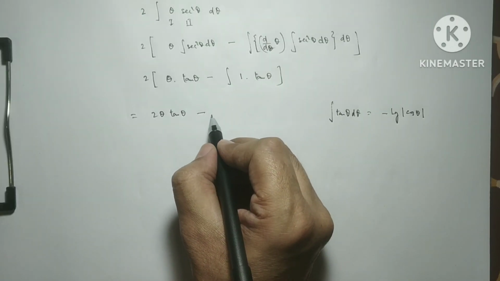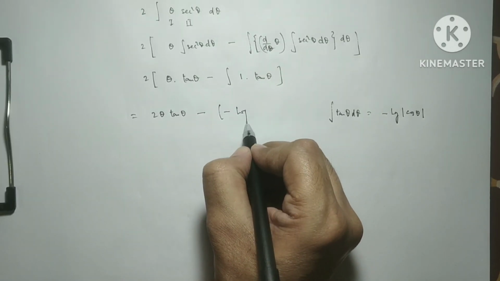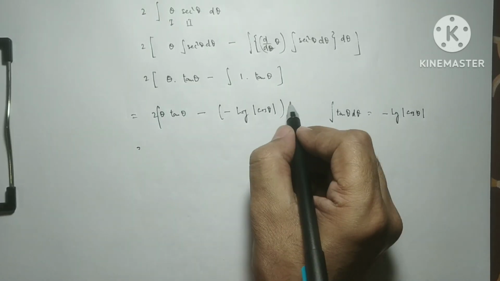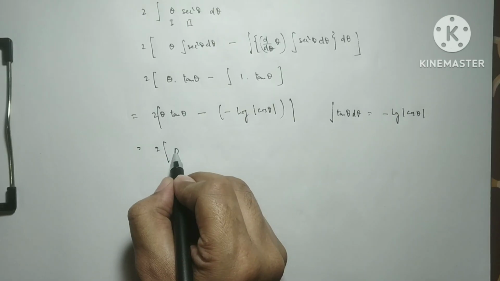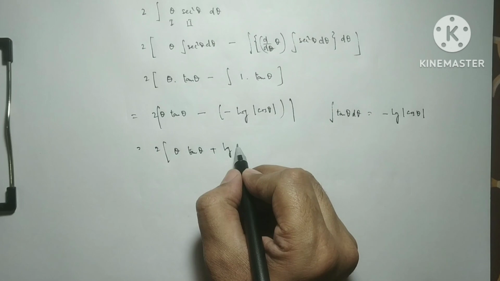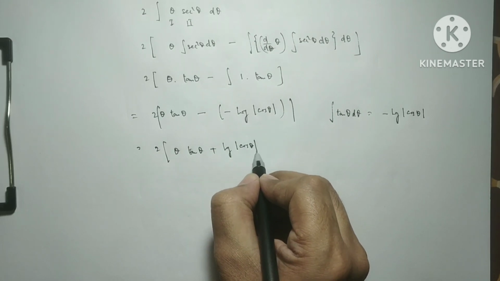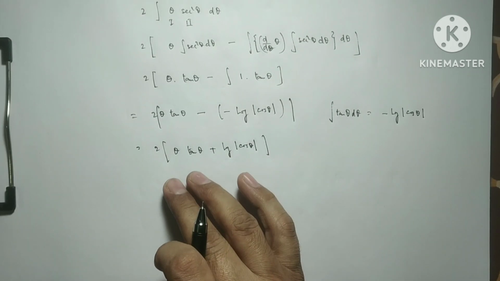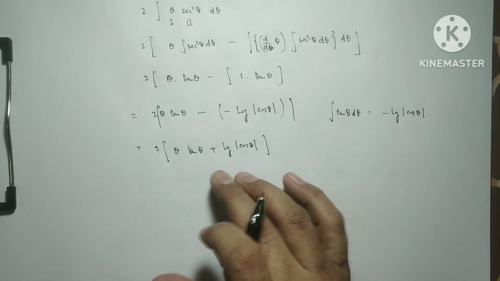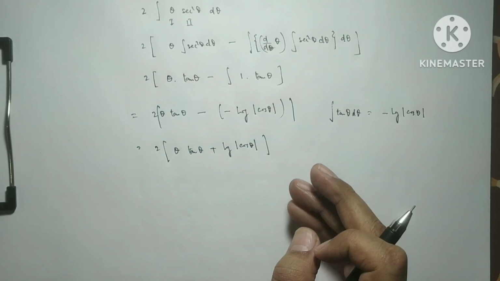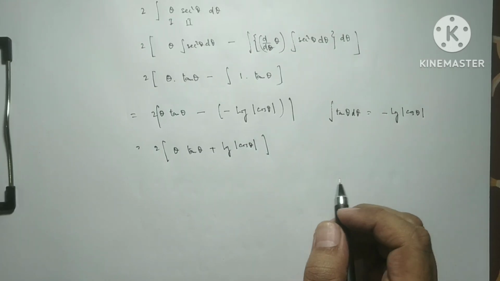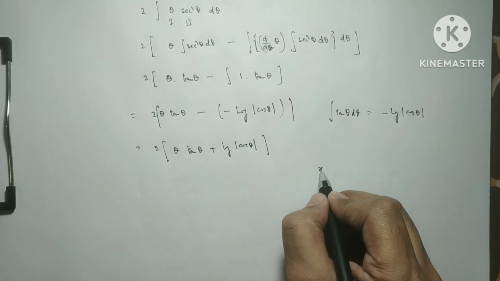So we put this minus log of cos theta. So we have twice theta tan theta plus log of cos theta, and right now the integration of the given question is done, but this is in terms of theta and we want to collect the answer in terms of x. So we use substitution once again, and our assumption was x is tan theta,